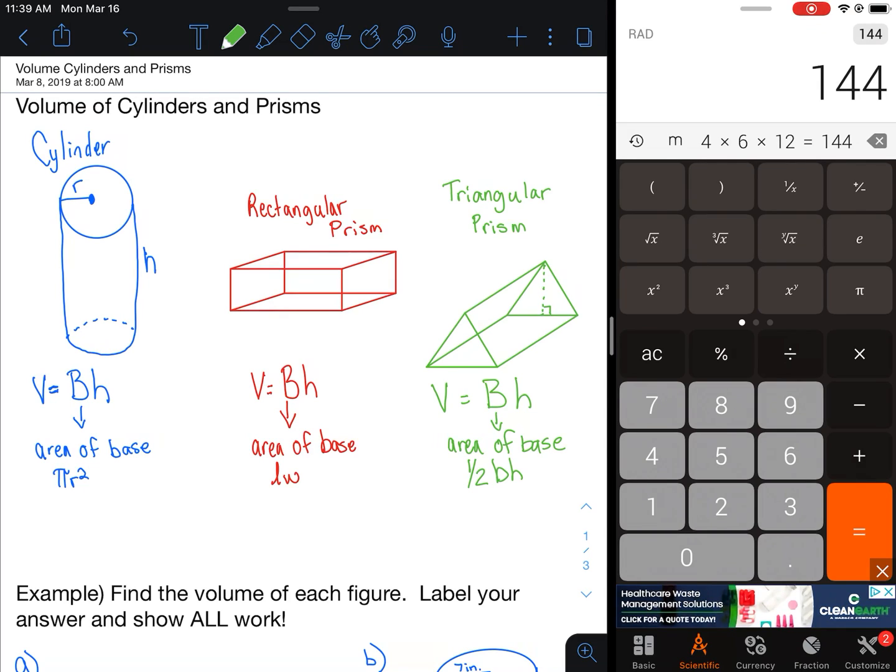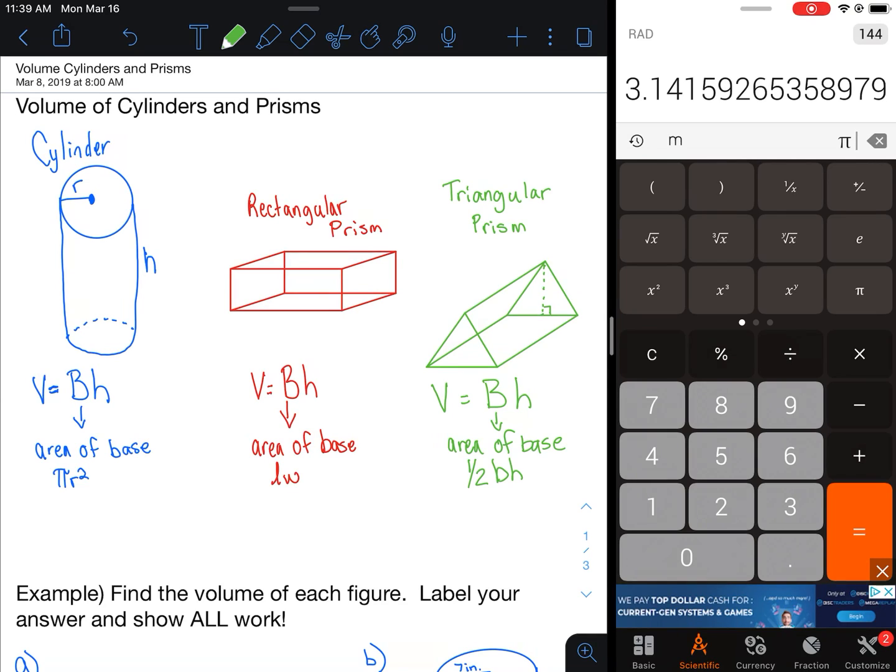So when we talk about the area of the base of a cylinder, the cylinder has a circle, which is pi times your radius squared. And I want to make sure that you know when you're using your calculator to actually use the pi button itself. If you're looking at my calculator on the right hand of the screen, it is in the last column and farthest over in that third row, and it is the two lines with something across the top, and it gives you that value of